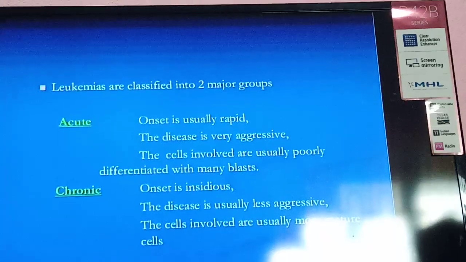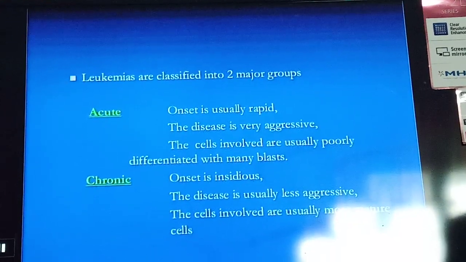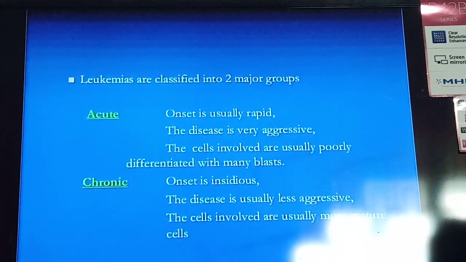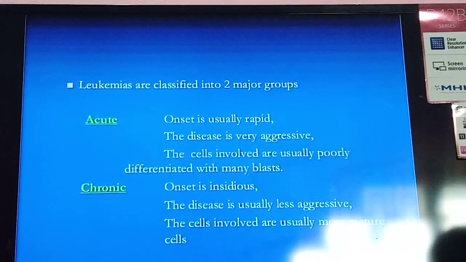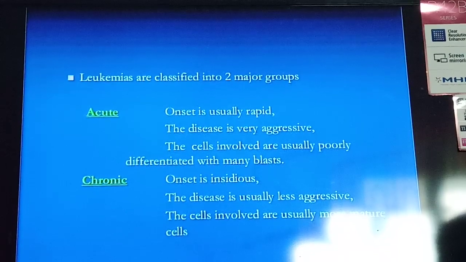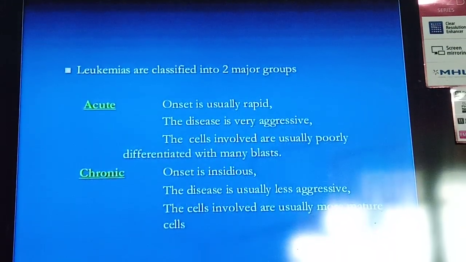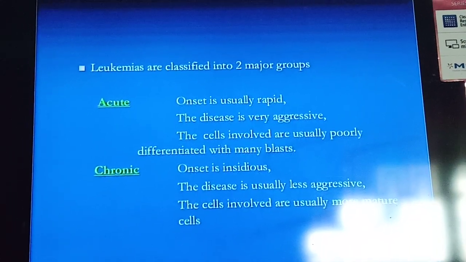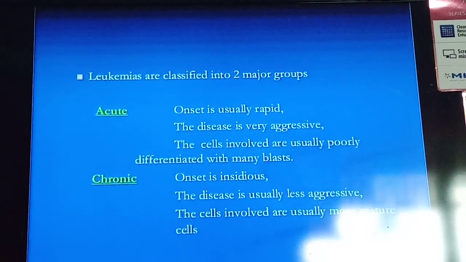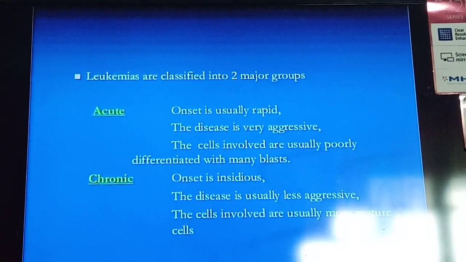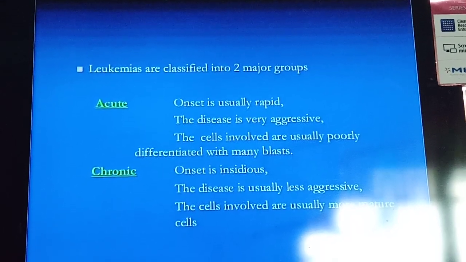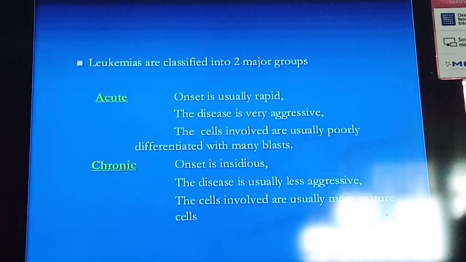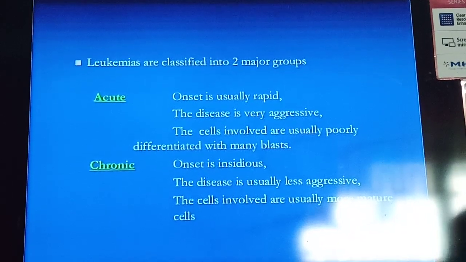Before starting, leukemia is usually of two types: one is acute leukemia and the other is chronic leukemia. In acute leukemia, the onset is usually rapid, the disease is very aggressive, and the cells involved are usually poorly differentiated with many blasts. In chronic leukemia, the onset is insidious, the disease is usually less aggressive, and the cells involved are